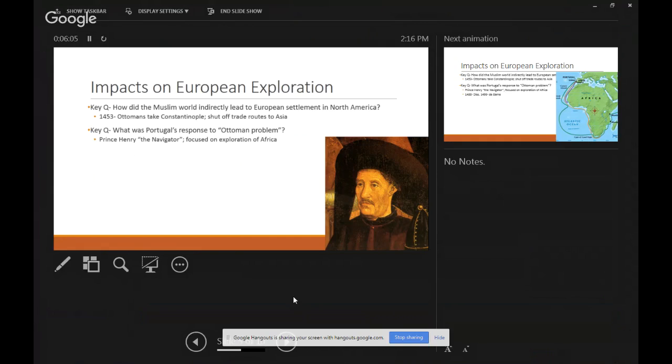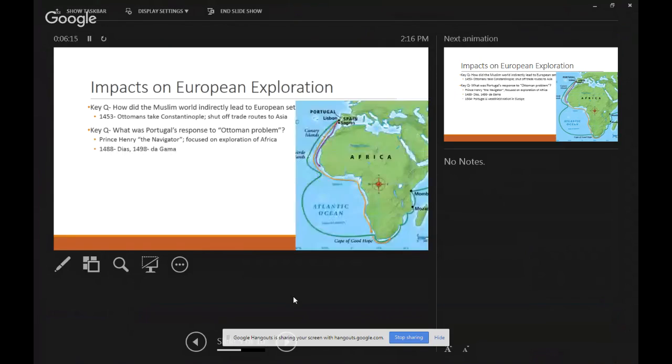He sends out a number of different exploratory groups to try and find this other way to get to India and China. Shows on the map here, these are the big three of these expeditions. And you can see it goes from purple to gold to green, that each time he sends a group out, they get a little bit further. Let me tell you what, if you looked at a map of Africa in 1453, people in Europe knew that it was there. They just didn't know how big it was.